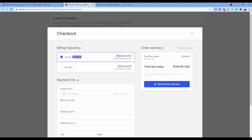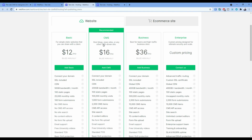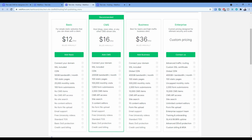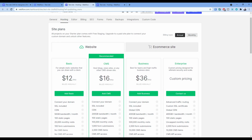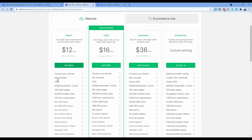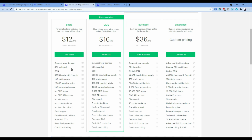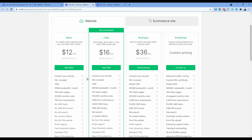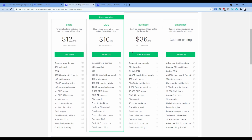Is this just a site plan because you have to have a basic site plan? Let me go back. So is this? No, this is this. Connect your domain. Okay. No. Okay, I take back what I said. I'm an idiot. Obviously, you have to have a site plan, and this is what they're saying. But I'm confused. You pay for a site plan on top of their normal plans? Jesus. So you're not just billed like...